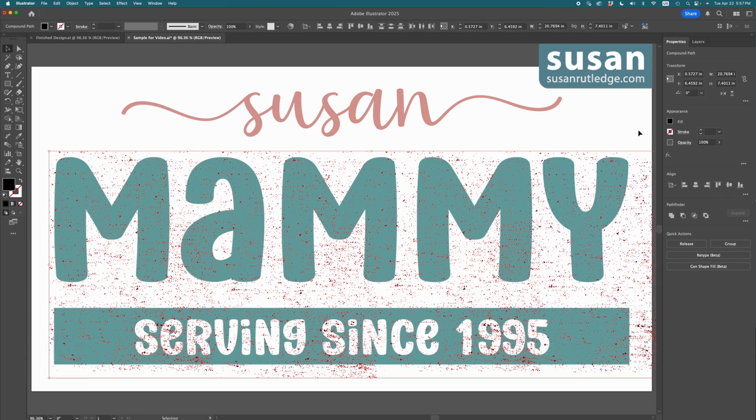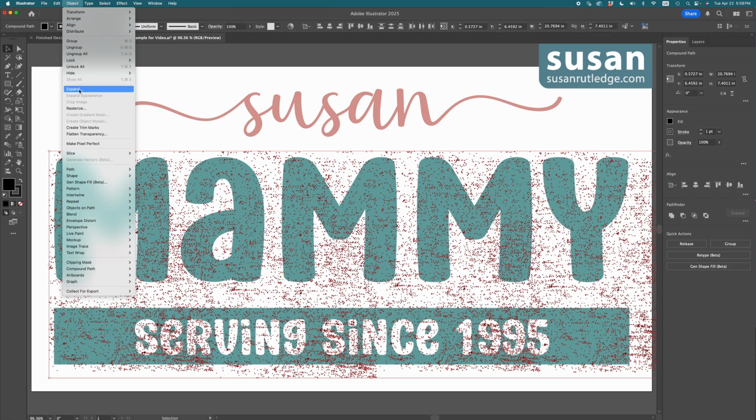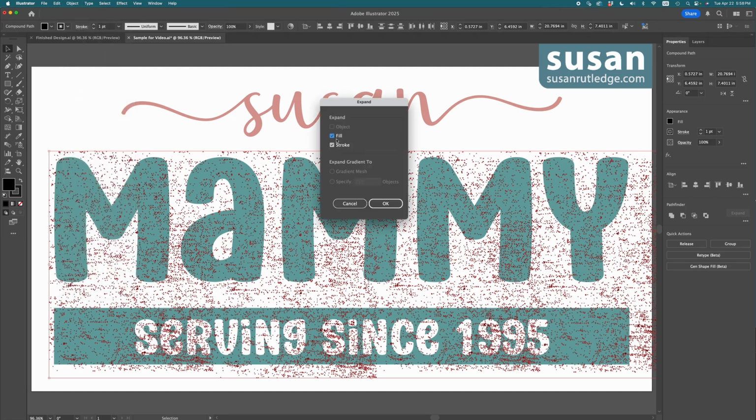And then I'm going to come over to the Properties panel, and I'm going to add a 1-point black stroke to the outside of each of these little speckles. And you can make it as thick as you want. I'd start out with 1 point, and if you decide you want more, you can come back and redo it again. But the other thing you must do if you add this stroke is to come back and expand the grunge noise. So I'll come up to Object and choose Expand, and make sure Fill and Stroke are selected